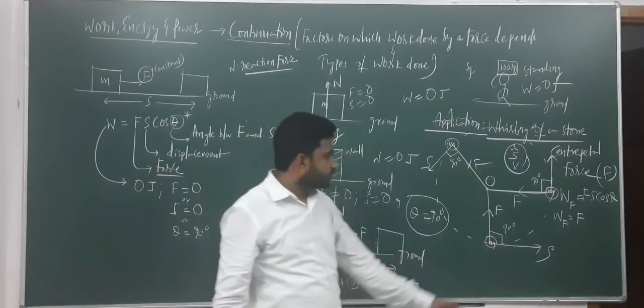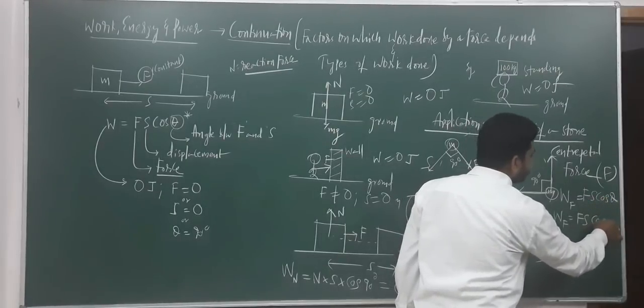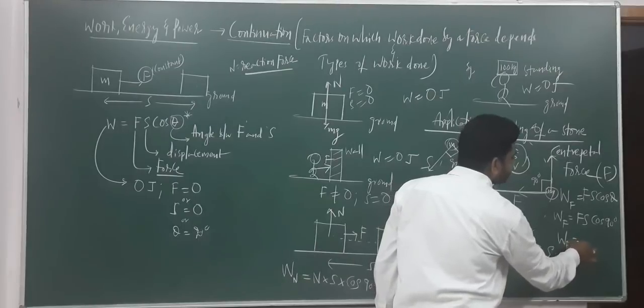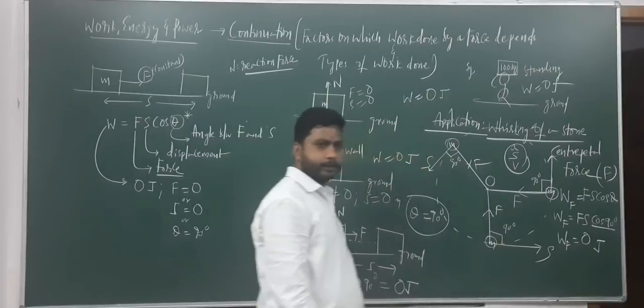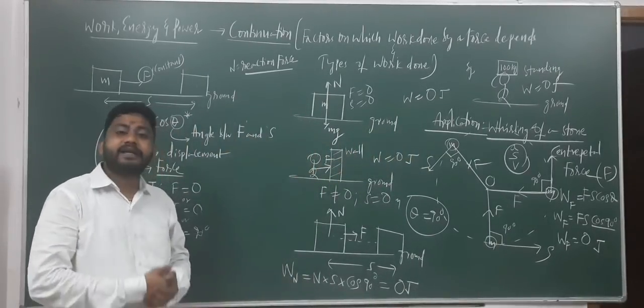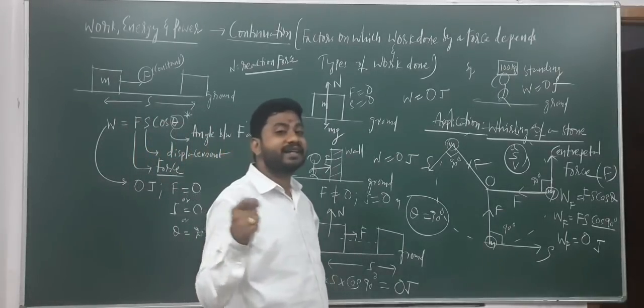Cos 90 is how much? Just substitute it into cos 90 degrees. What is cos 90 degrees here? So W, the work done by the centripetal force, is 0. Clear? And again I am telling you, the same concept is applicable for the topic called work done by the